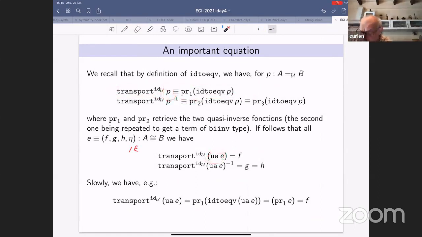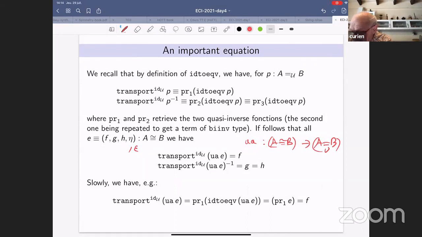So UA of E is a proof that A is equal to B, because let me remind you that UA goes the other way around. It goes from A equivalent B to A equals B. So UA of E is a perfectly well typed term to be put in this position. So I can try to see what it means to transport along